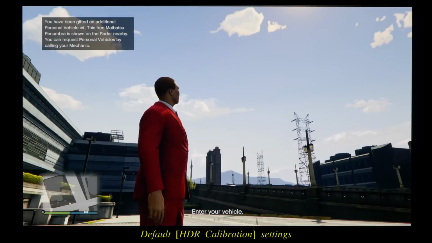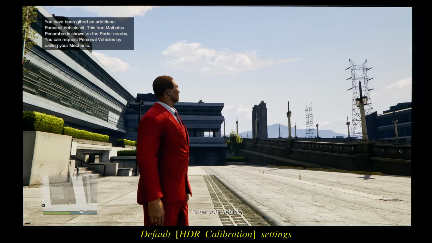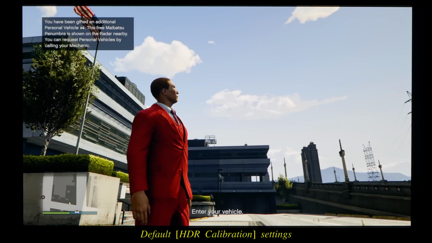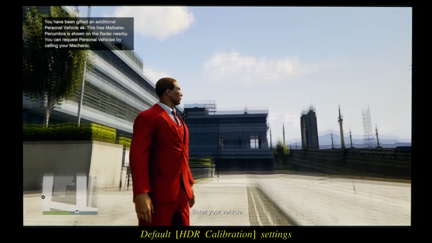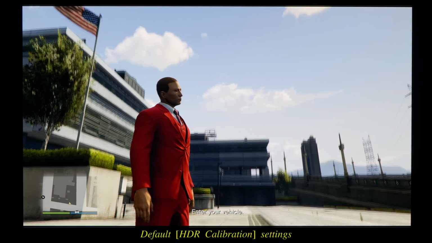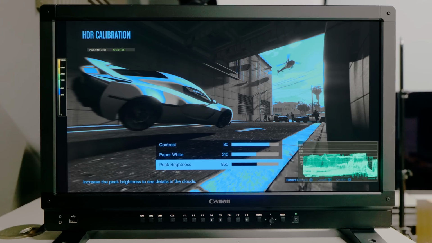This is an early scene from GTA 5 Online on the default HDR calibration settings, and maybe you can appreciate the picture looking a bit washed out, with the highlight detail in the clouds appearing slightly blown out. To make it clearer for you to see, let me turn on the luminance heatmap system on my Canon reference